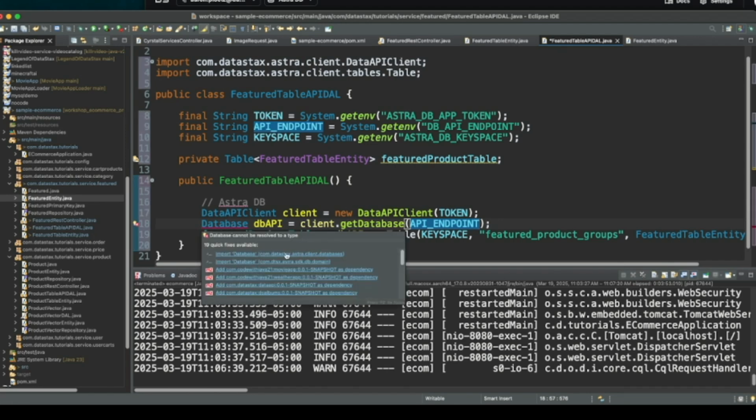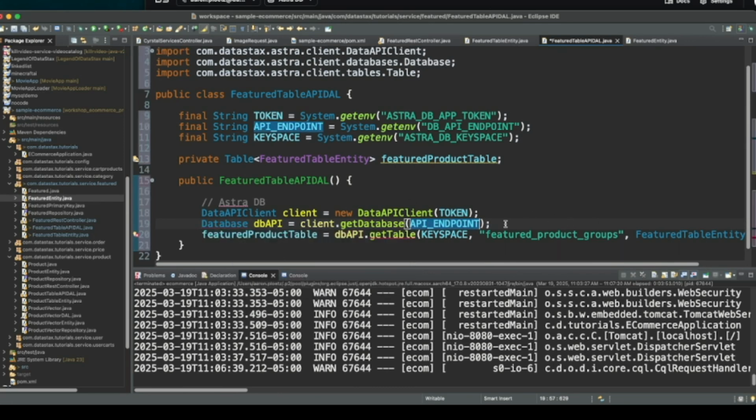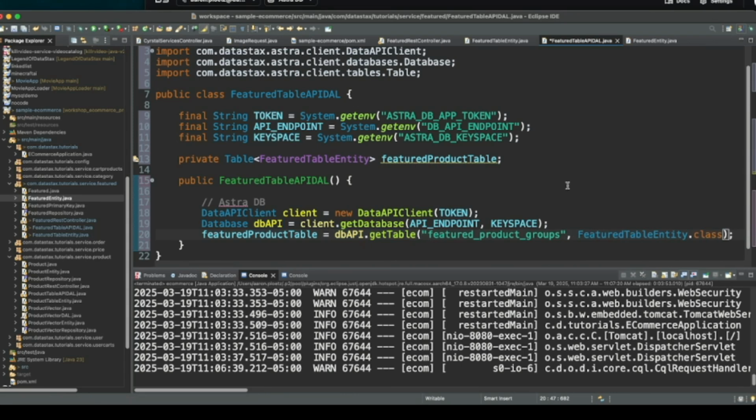And let's go ahead and bring in database from the client. We're also going to want to specify keyspace there. And then for the data API, yep, we're going to do a DB API get table. We don't need keyspace there.